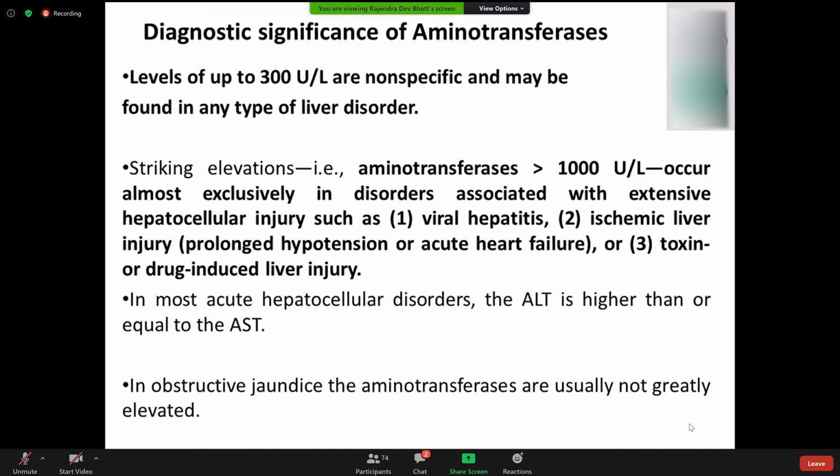In most acute hepatocellular disorders, the ALT is higher than the AST. That means because AST is also found in cardiac muscle and skeletal muscle. However, SGPT is also found, but in hepatocellular damage, the concentration of ALT is higher than AST. In obstructive jaundice, the aminotransferases are usually not greatly elevated. That means, suppose a patient has cholelithiasis or a gallbladder stone, that time there is a